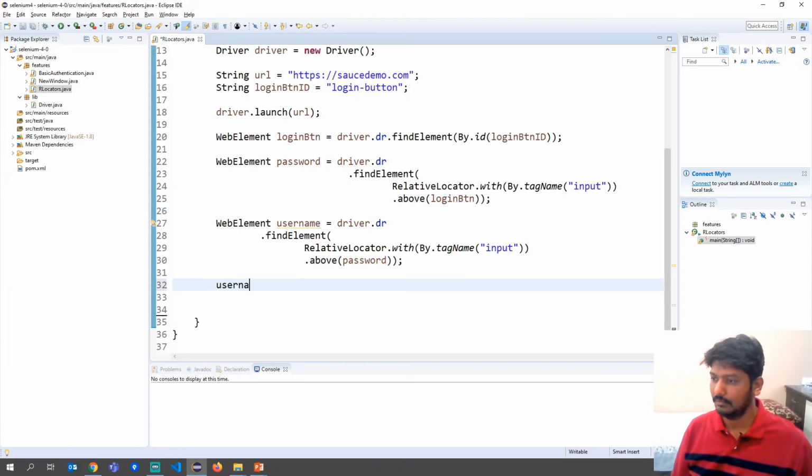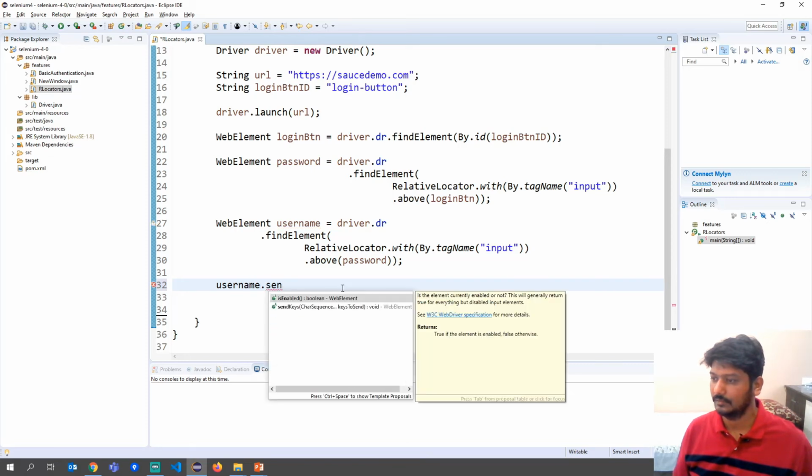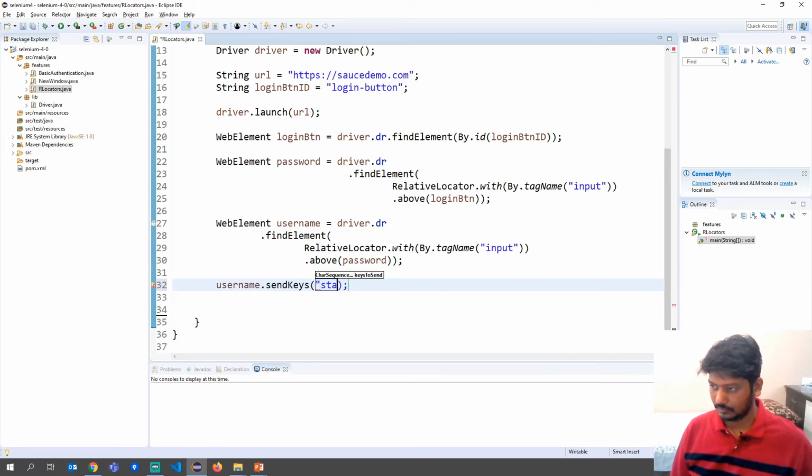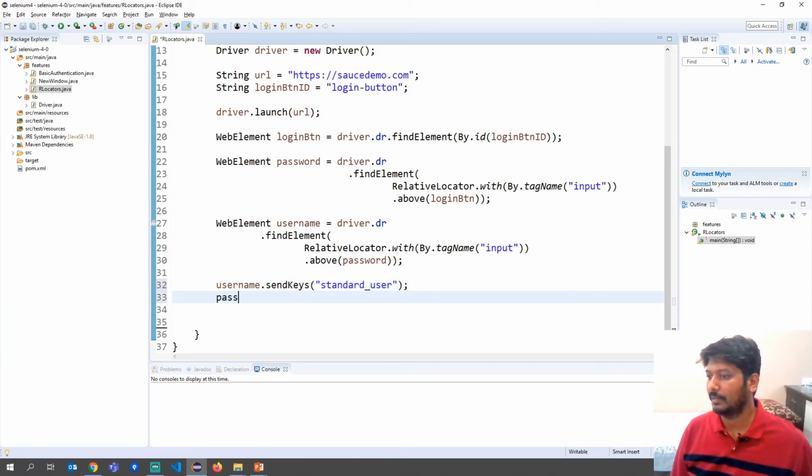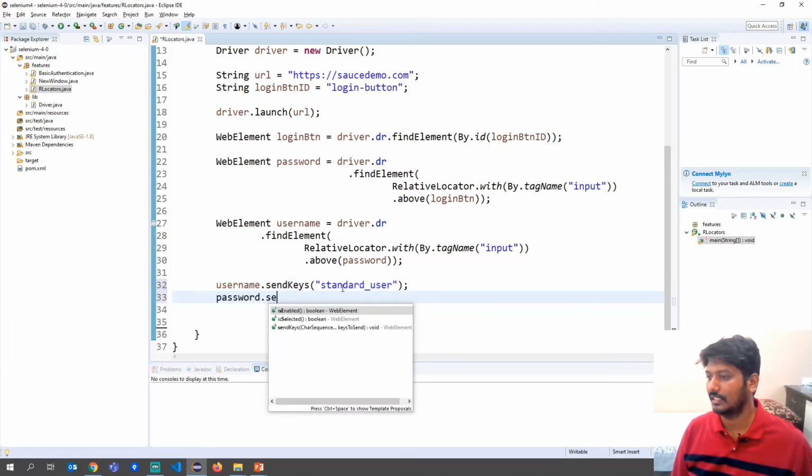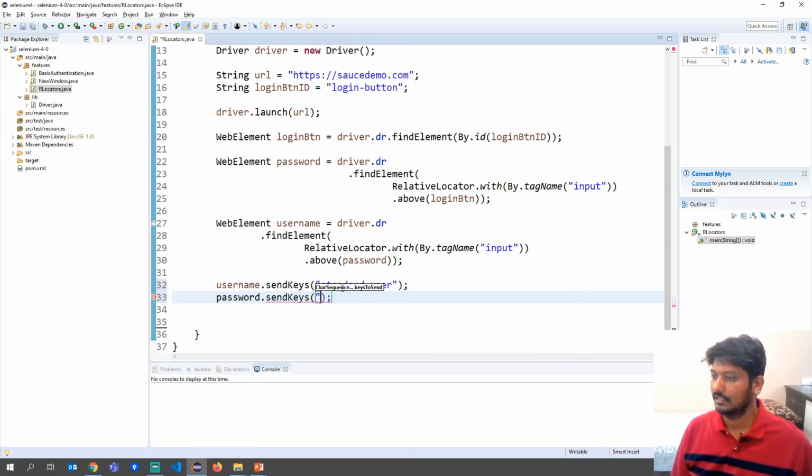First one, username dot sendKeys, this is my username, and then my password is password dot sendKeys secret sauce, and then finally I want to click on the login button.